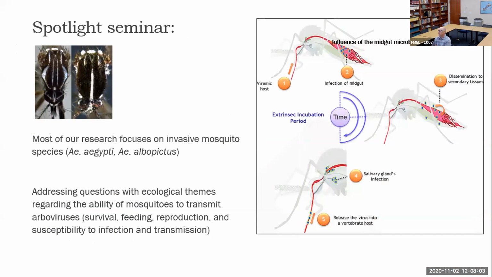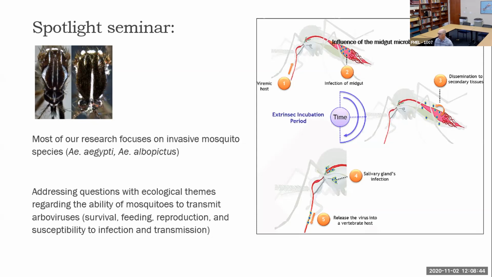So most of the research in my group focuses on invasive mosquito species, especially those that occupy container habitats, such as Aedes aegypti and Aedes albopictus. These make for really nice model systems in terms of manipulation in the field and the laboratory, especially when much of our interest focuses on ecological interactions that are occurring during the larval stages. So it's relatively easy to manipulate buckets or containers of water at different temperatures or exposure to different stressors.